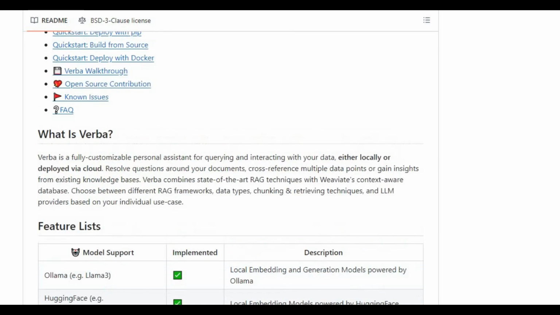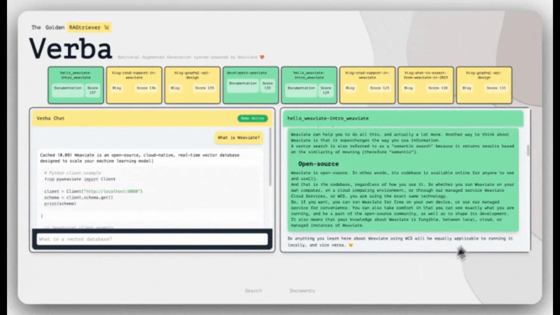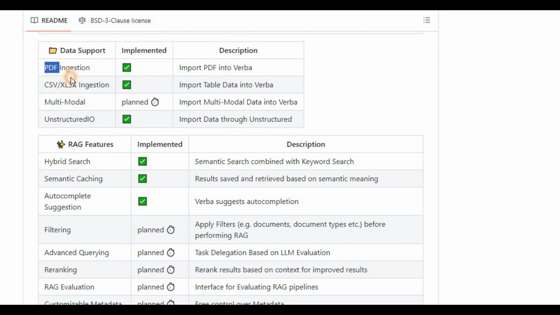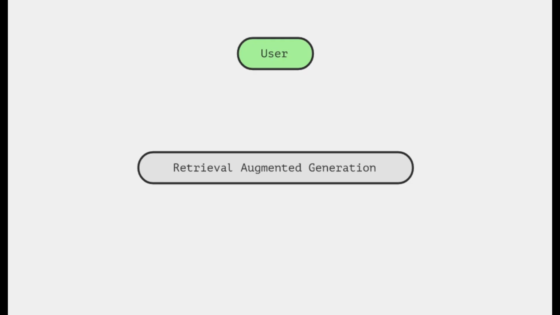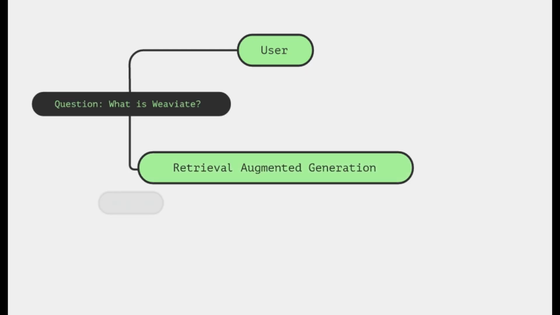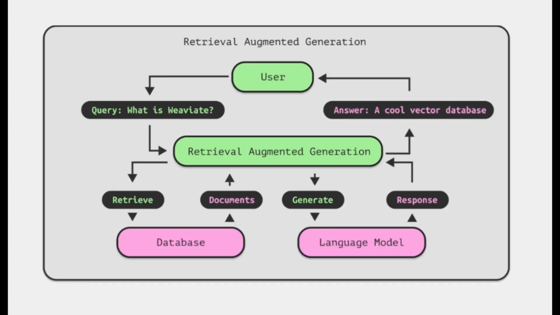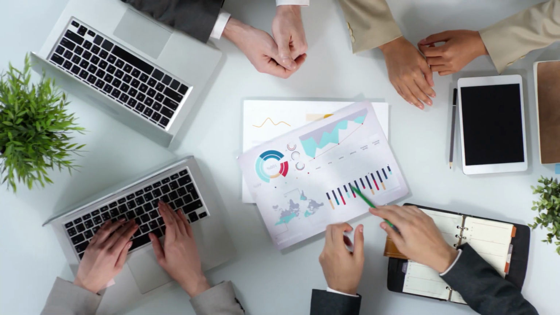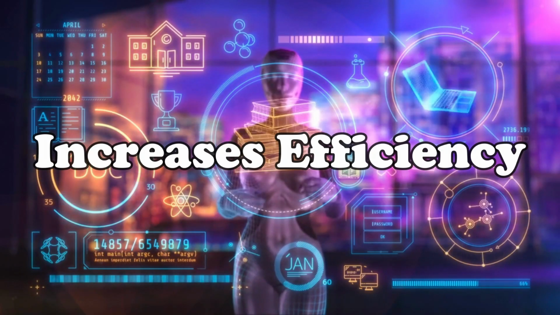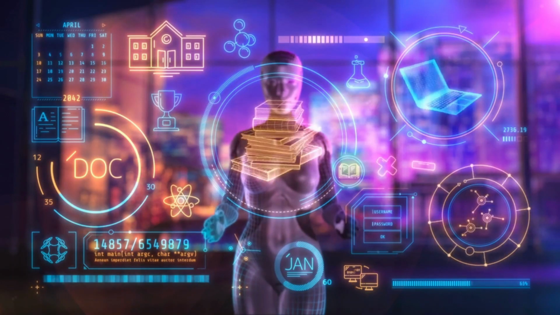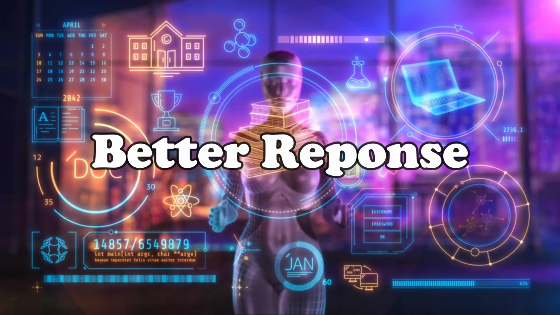So this means that you can also use it fully locally, and it also has a great looking UI. It also allows ingesting different document formats like PDF, CSV, Excel, and text files, and it also supports searching structured and unstructured documents, so you can use it with files of any format and analyze all of them using the hybrid or the semantic search feature of Verba, which allows it to only feed the relevant context to the models, which increases the efficiency of the model because it doesn't have to process all of the documents at once. It can only check the relevant ones and will provide you a better response in much less time.